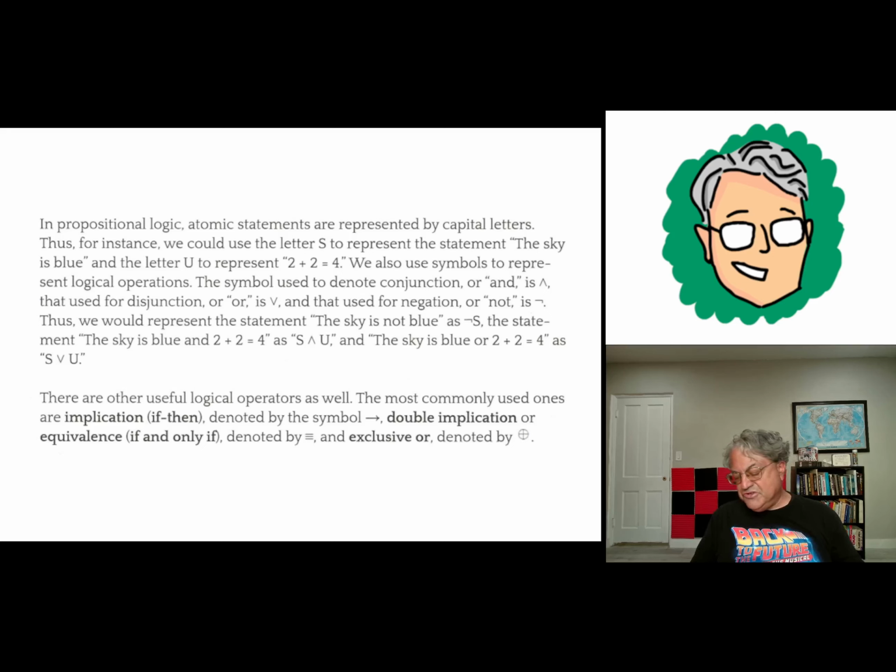And then there's also exclusive OR, which is usually written as a plus sign with a circle around it. That means either A or B, but not both. Sometimes that's how people think of OR. But the way OR is used, the V symbol, it means either A or B or possibly both. If you want it to be exclusive, then you have to exclude the possibility that it's both. So those are a couple other logical connectives that are commonly used.